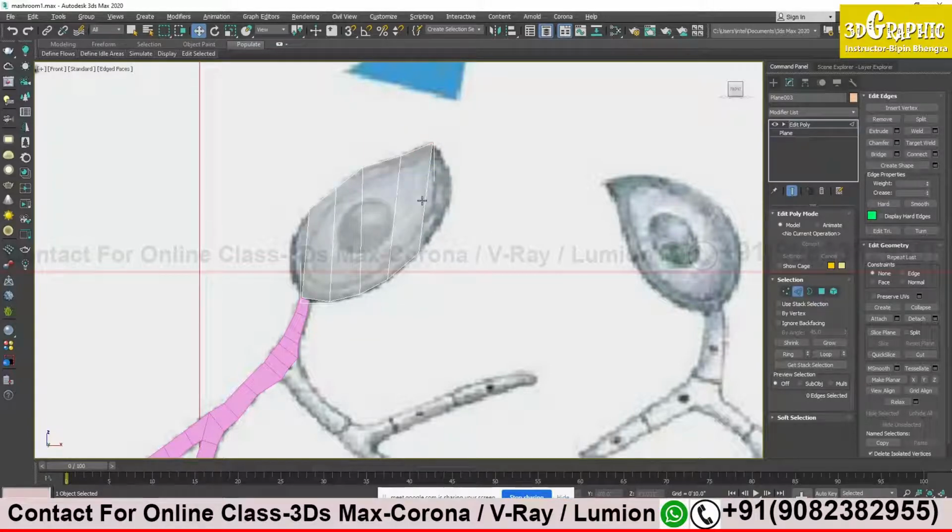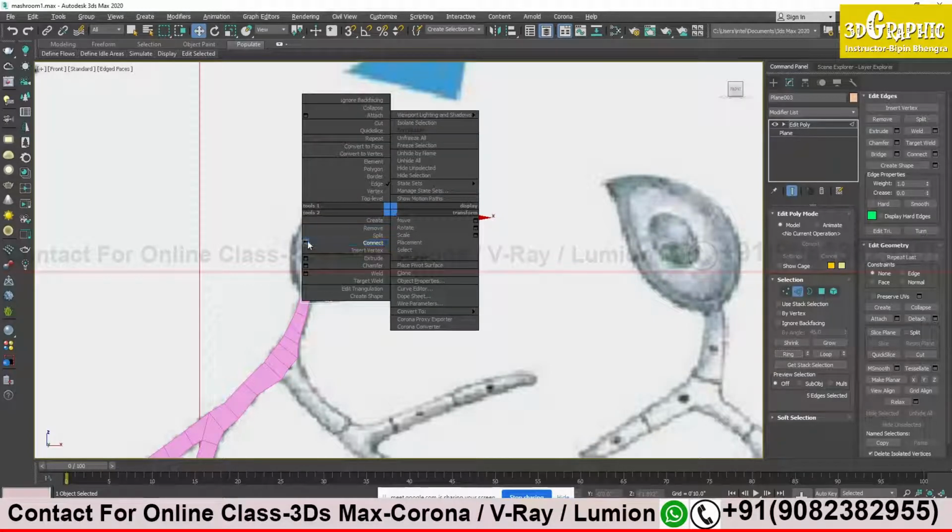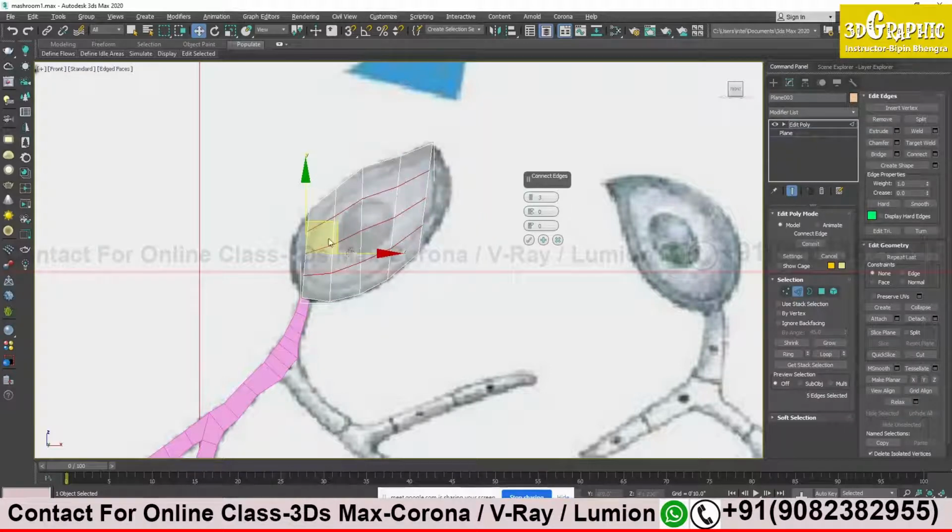And ring is just like a parallel to the selected edge. If you have an edge toward left or right parallel to that edge, then you have to click on ring to select the entire edge. So it will be helpful to select all the edges quickly, and then just right click and connect.